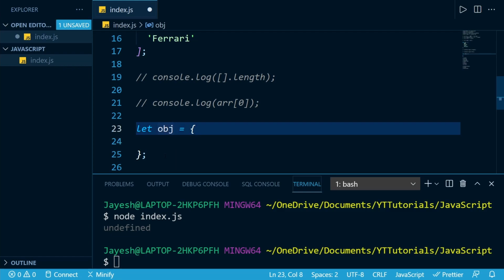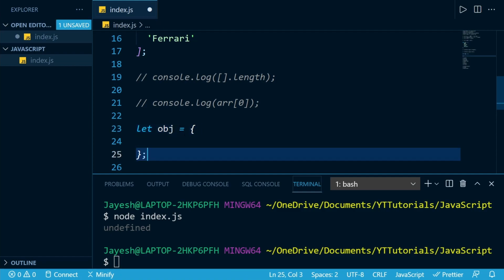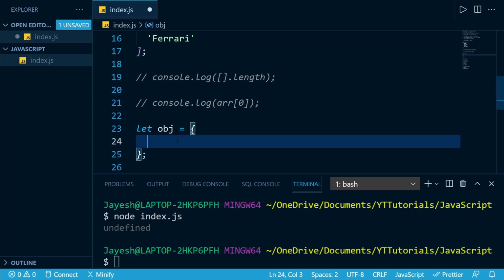I hope the difference between declaring and initializing a variable is clear. When we have just this much, we are declaring a variable that we are going to use sometime in the future. But if we give it some initial value, anything, any valid JavaScript value, we are initializing it.